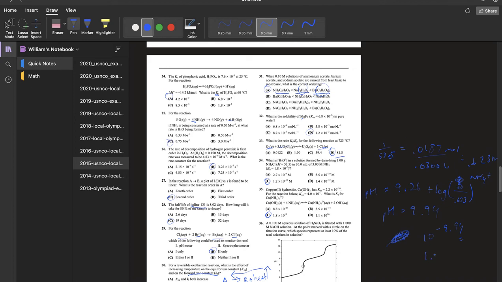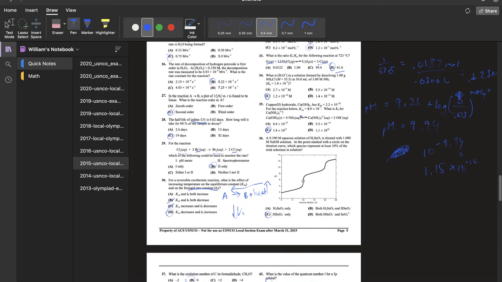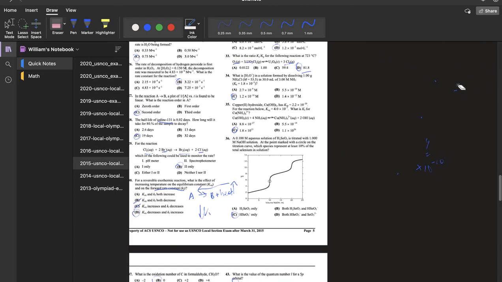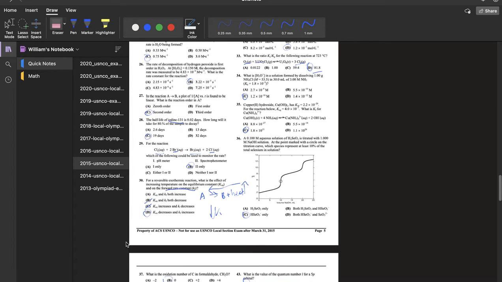That is 1.15 times 10 to the negative 10th, which rounds to 1.2. 35, copper hydroxide has that KSP. Okay, we're given the overall K, we want to find KF. Usually they'll tell us to find the overall K given KF, but looks like they got a little creative for